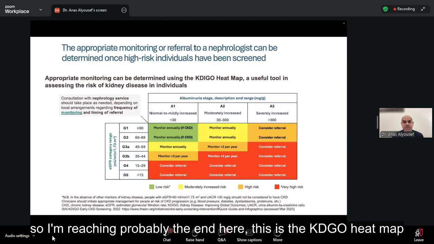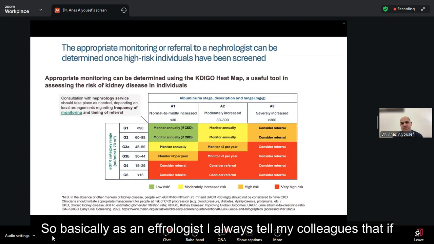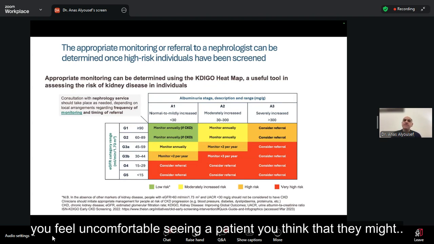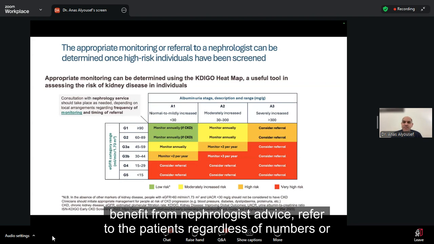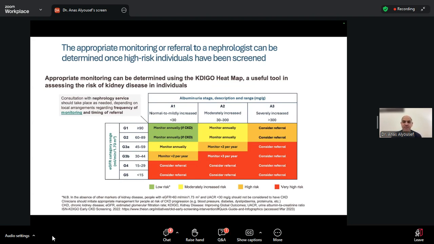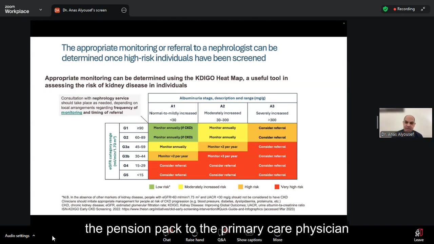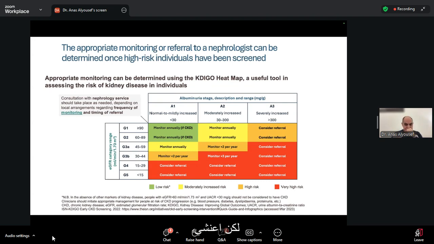So reaching probably the end here, this is the KDIGO heat map. Probably Dr. Ala mentioned that earlier, and when to refer patients. So basically, as a nephrologist, I always tell my colleagues that if you feel uncomfortable seeing a patient, you think that they might benefit from a nephrologist advice, refer the patients, regardless of numbers or anything. Just have this peace of mind that you did the best for the patient. And usually, if there's nothing, we'll just refer the patient back to the primary care physician. But initially,